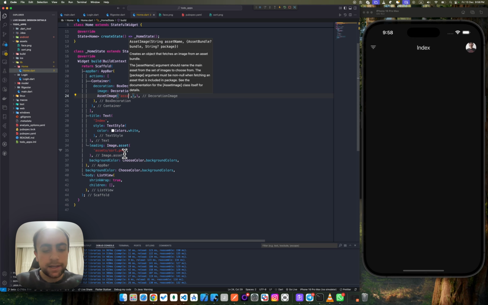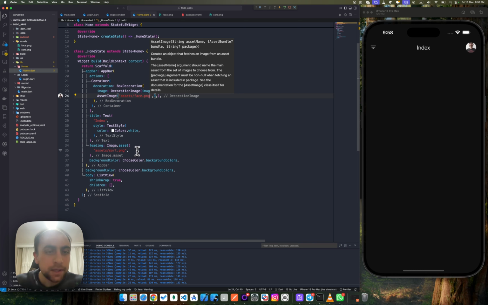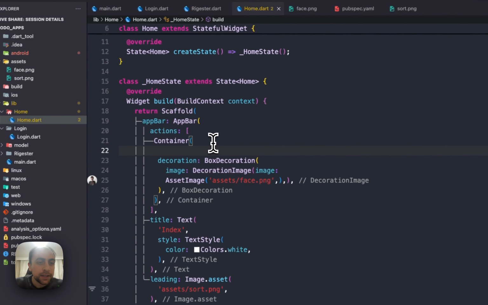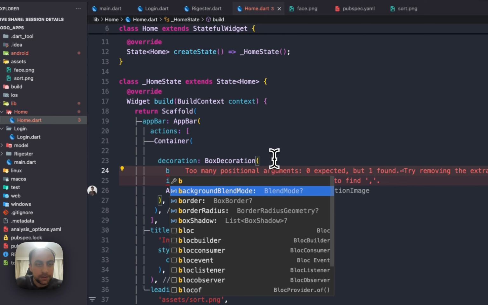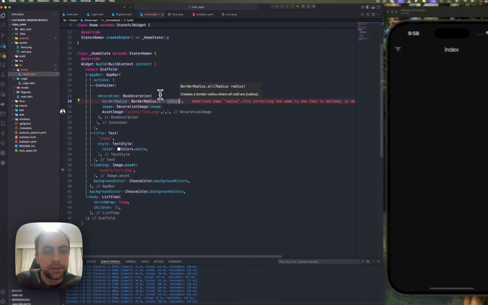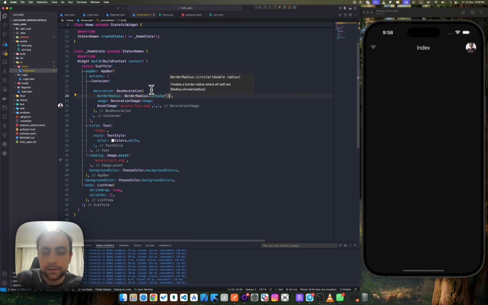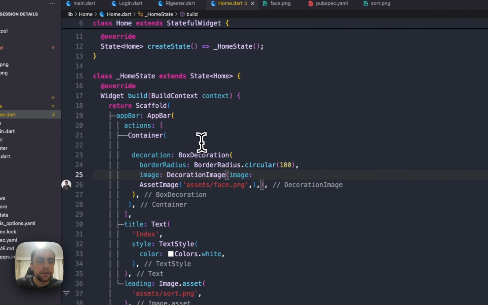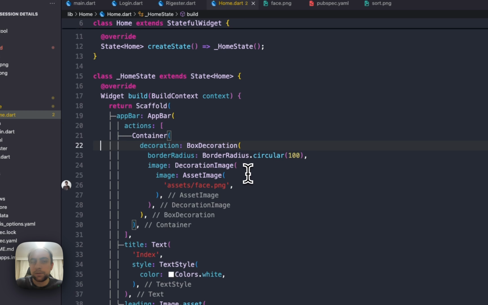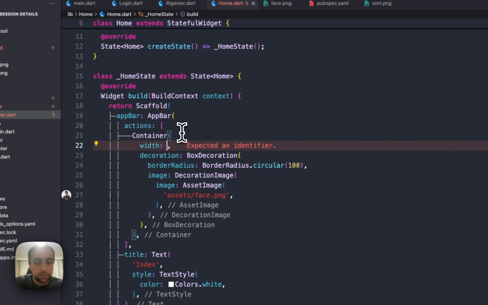I will add assets, face.png, and I will give it border radius dot circle 100. I think it will fix the error, but for example, we'll give it 50